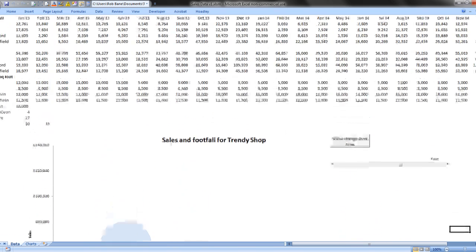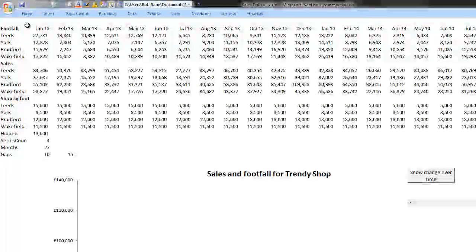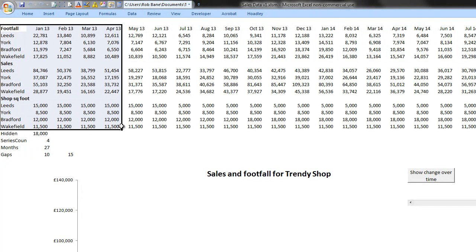So it takes the data from above here, so it's set out as three separate types of data and split by the same four shops, and then